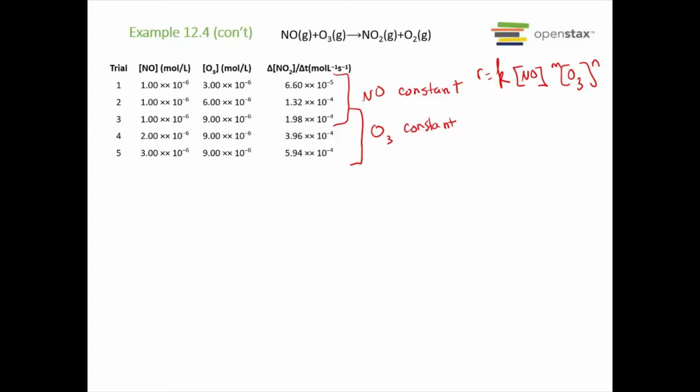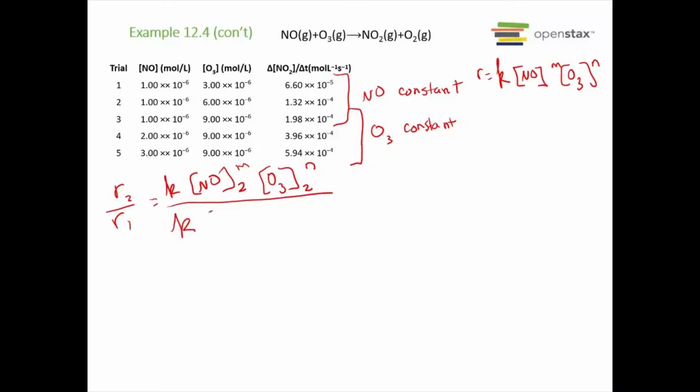And what we can see is our reaction rate changes in proportion to the change in ozone. So let's look at trial 1 to trial 2. So let's say the rate of, we'll do the second divided by the rate of the first. And these rate equations, right, are equal to K times NO to the M, O3 to the N. So we have K times NO, and this is from trial 2, to the M, times ozone for trial 2 to the N,